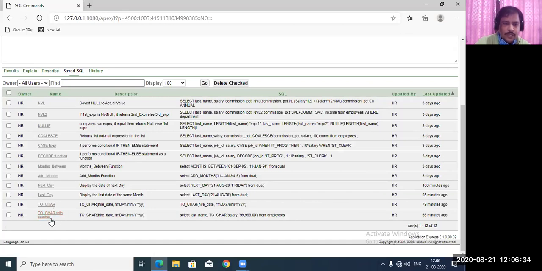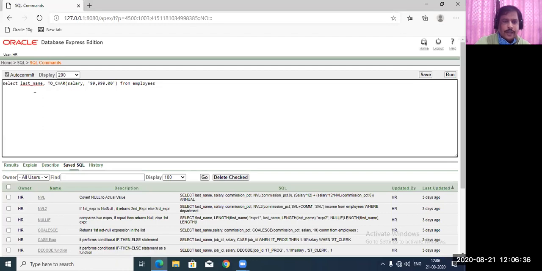Now 2char with number. Now the next options we have. We are converting here number. So 2char, but we are taking here a number value. So now I am taking a parameter, that is salary, which is a number value. Okay, number data type. So now how to display this format? So previously we have taken date, that is sysdate, and now we are taking the numeric value here, that is salary. So now I want to display it.